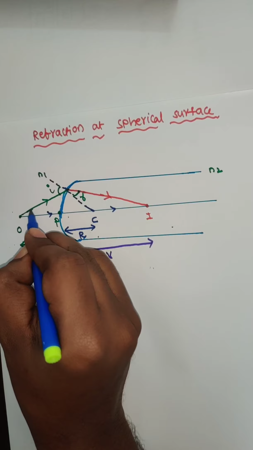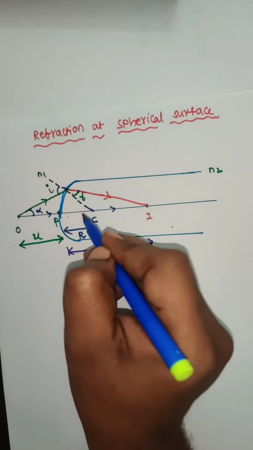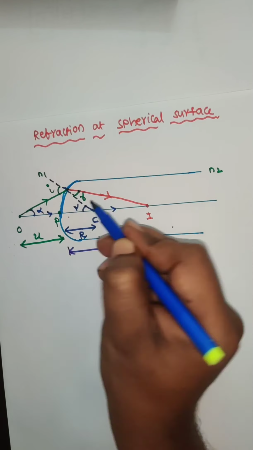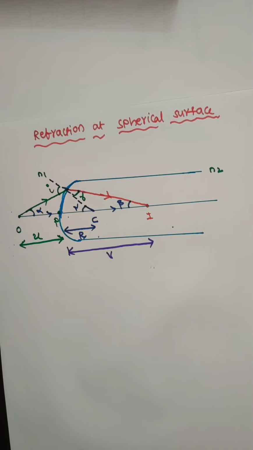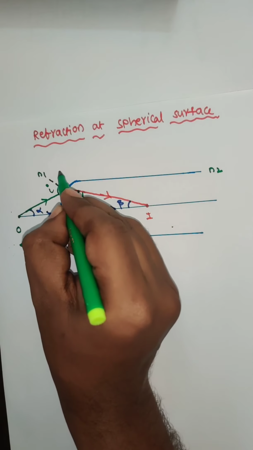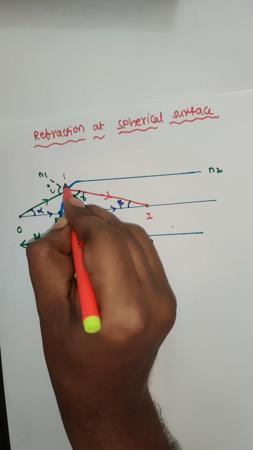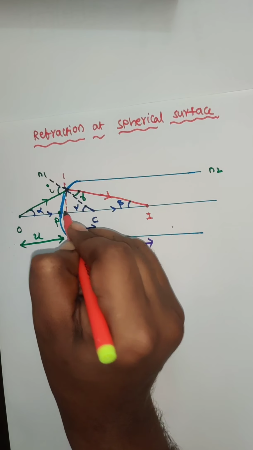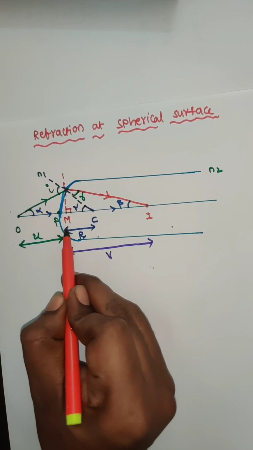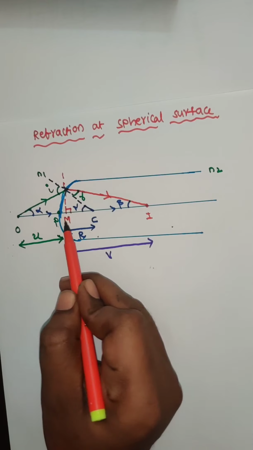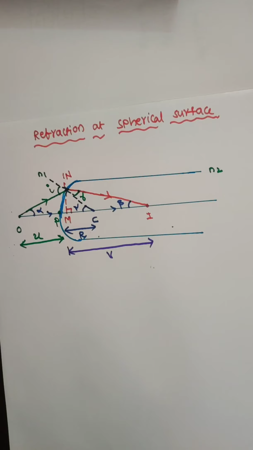The incident ray at this point O, I am going to assume as an angle alpha. This is angle gamma. This you can assume as an angle beta. If we draw one perpendicular line at the normal, this is a perpendicular line. These are too close, so we can assume both points are the same. This is the normal, point N.